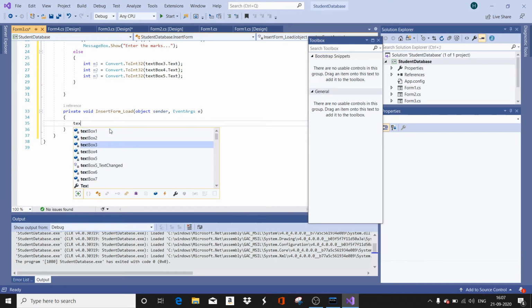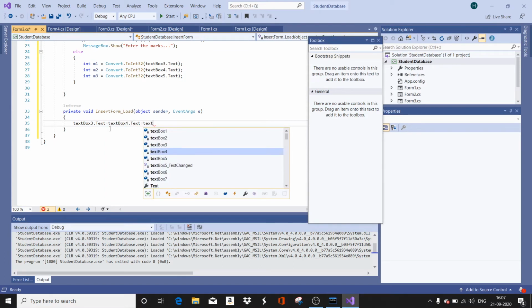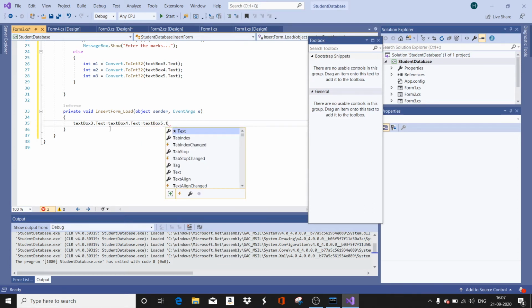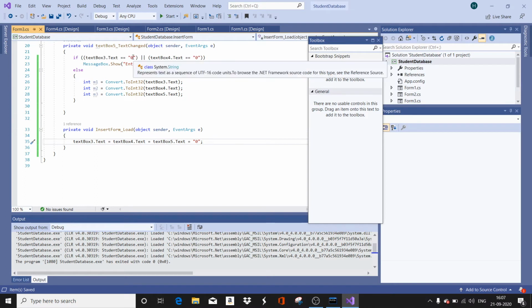So what you can do, text box 3 dot text equal to text box 4 dot text equal to text box 5 dot text is equal to 0. Let us have it as 0. So when we load the form, automatically all the three text boxes will have value 0, so that if it is equal to 0, we will ask it to change the data,